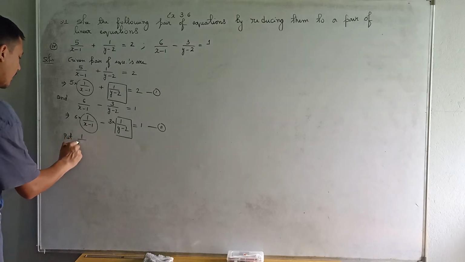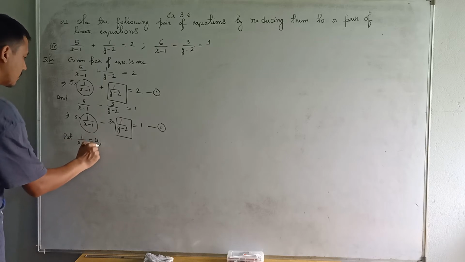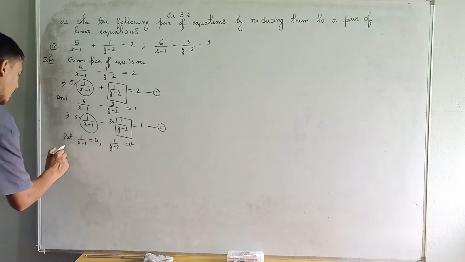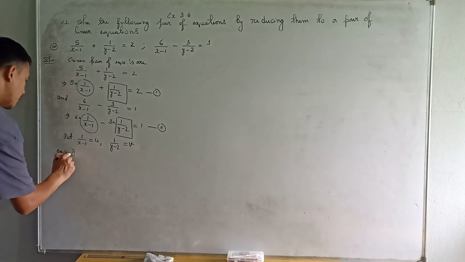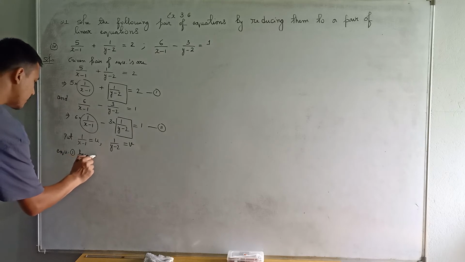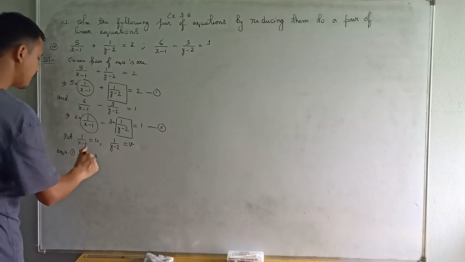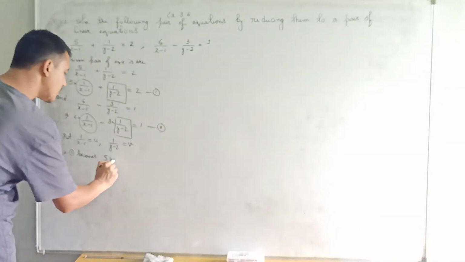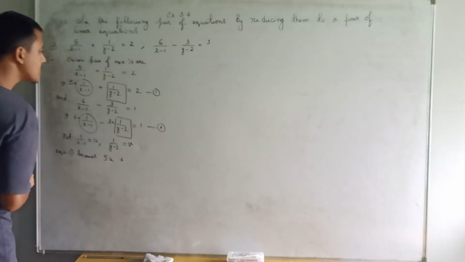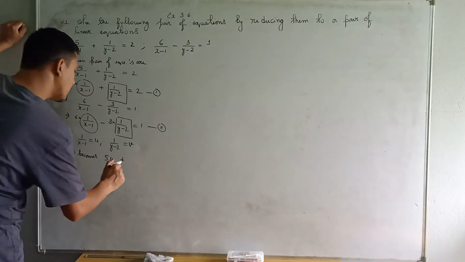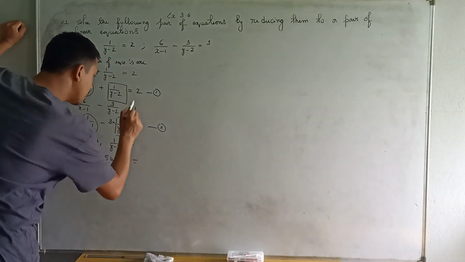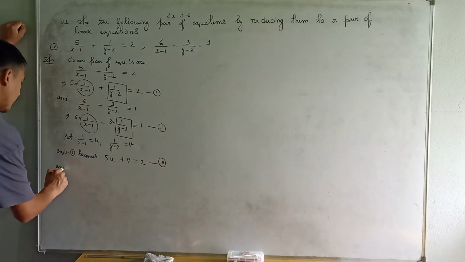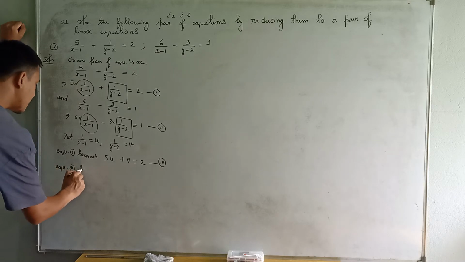So put 1 by x minus 1 as u, and 1 upon y minus 2 as v. Then what will your equation 1 become? Equation 1 becomes 5u plus v is equal to 2, that is your equation number 3, right? And what will your equation 2 become? Equation 2 becomes